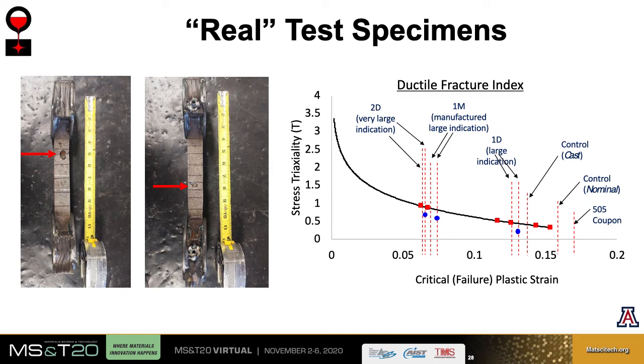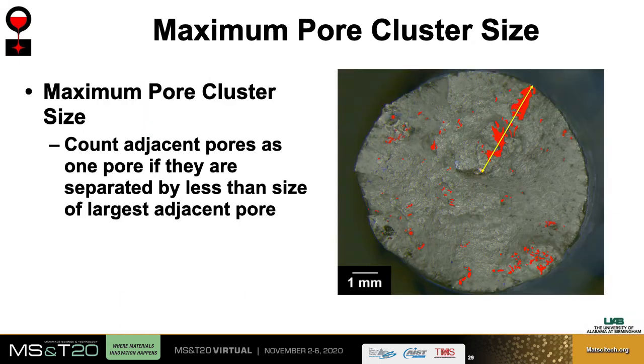But even with indications, the castings could still handle the load, which brings me back to my first point, which is steel is steel. FEA was done, and these modeling results are being used to develop a ductile fracture index to relate the presence of indications to the performance of the steel. This ductile fracture index seems to have potential as a design parameter for steel castings. In addition to correlating modeling results to mechanical properties, we are characterizing the microstructure and other features on tested specimens and correlating them with properties.